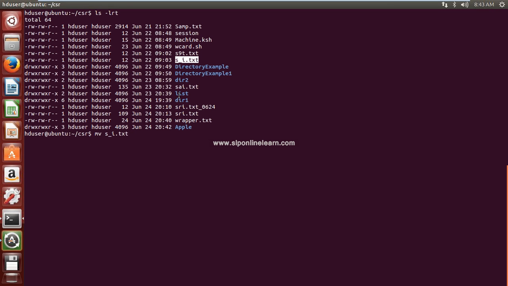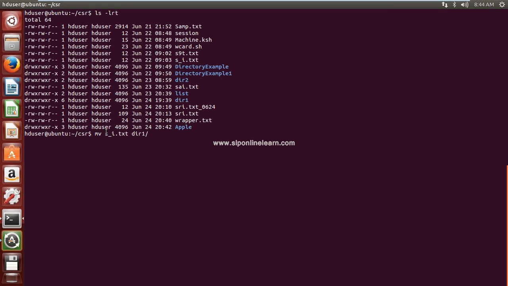Space, next the target. What is our target location? dir1. So is this dir1 your present working directory? No, it's not. This is a subdirectory of our present working directory, that is CSR. So here you need to specify the directory path dir1. We are specifying this path from the working directory. So this is nothing but a relative path, right? So next we specified dir1 slash. Okay. Now we specified the location, and into this location you are moving this file.